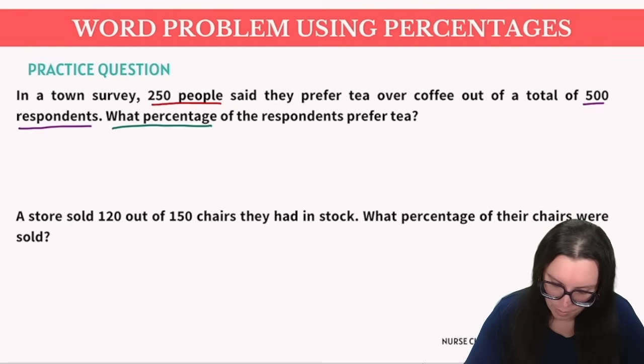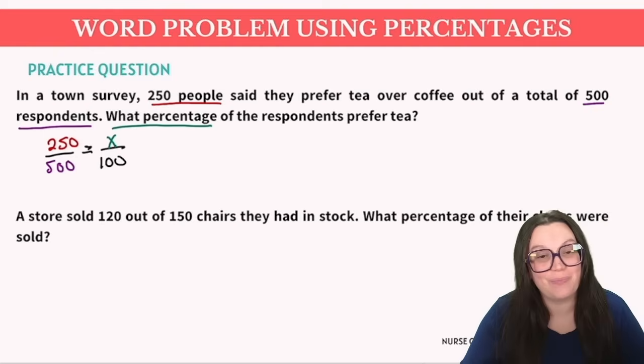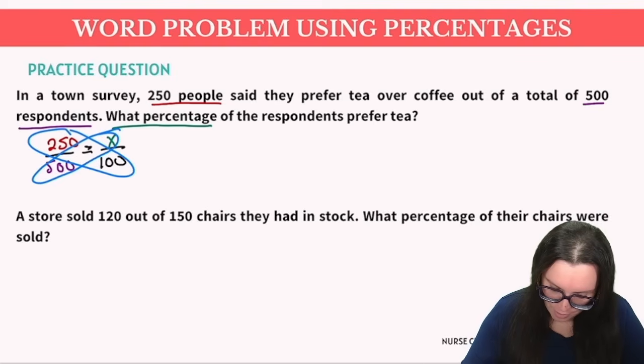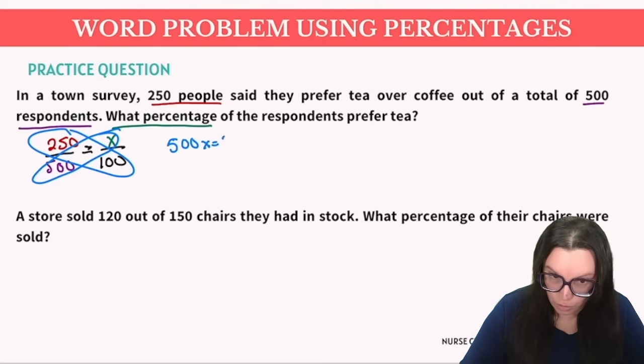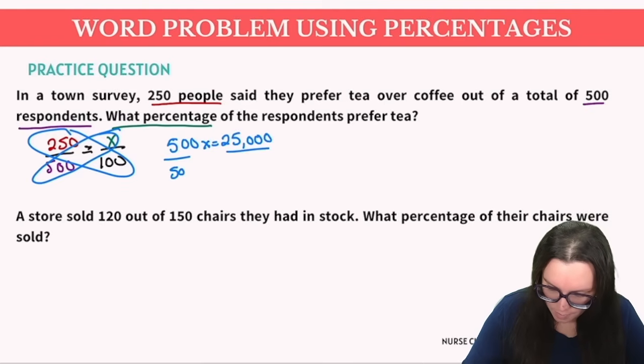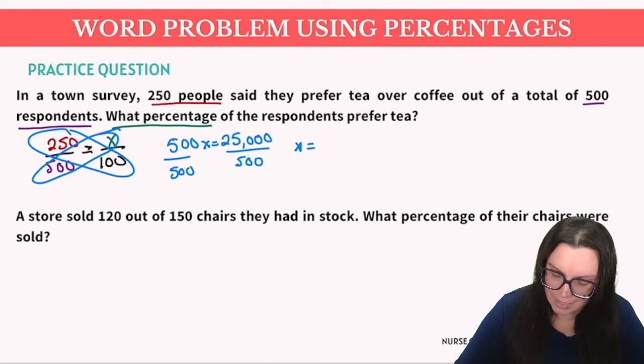So now we're just going to plug in our numbers. 250 over 500 is equal to x over 100. Now we're going to cross multiply, here and there. That's going to give us 500x is equal to 25,000. We're going to divide both sides by 500 in order to isolate our x, and x is going to give